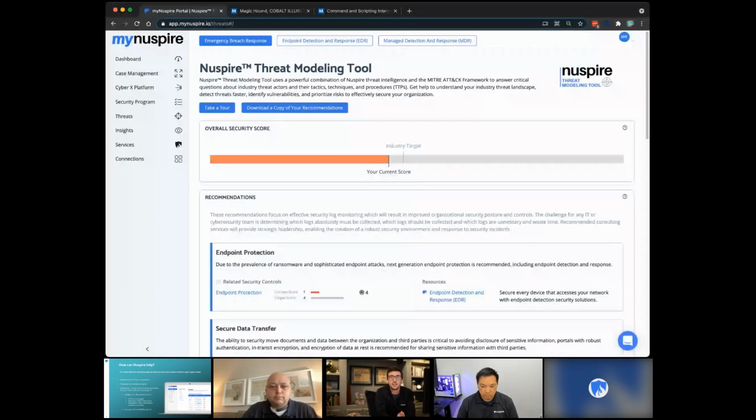So what we were really challenged to do is say, how do we make this threat model, how the attacker sees our customers, something that's digestible, something they can get immediate recommendations to improve based on. And what we came up with was the NuSpire threat modeling tool. Just as a high level to remind you, this is the perspective of the attacker. It's based on MITRE once again, and we build this entire threat model primarily based on the industry.